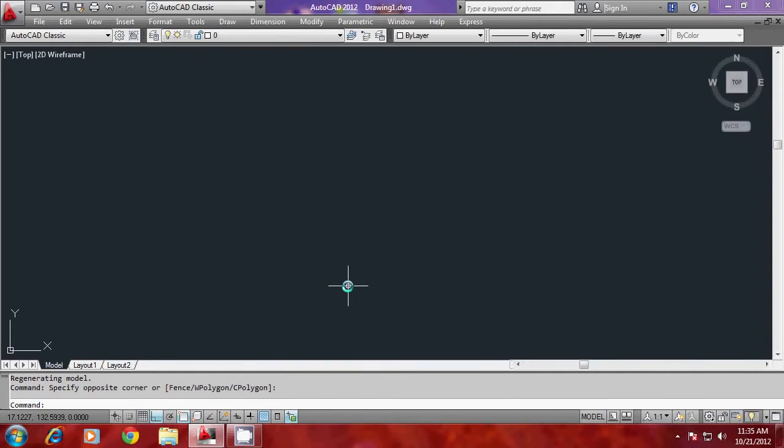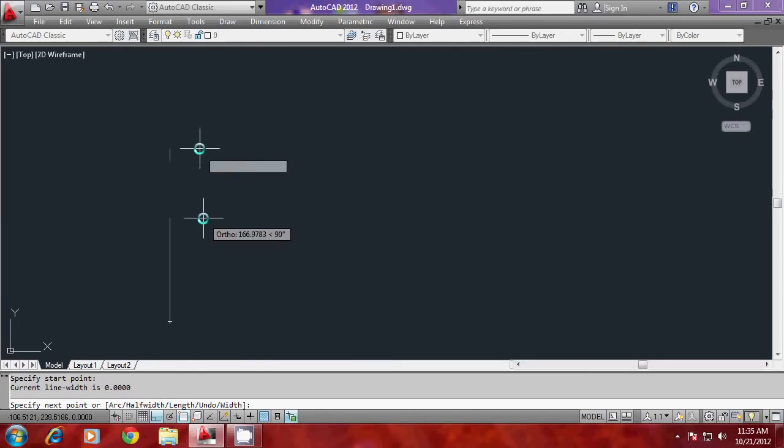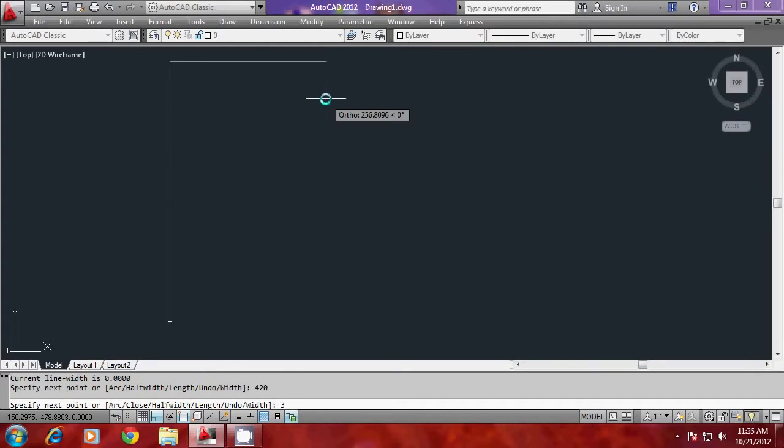Let the size of the kitchen be 360 by 420. So I'll set the limits with the lower left corner at 0, 0 and the upper right corner at 500, 500, and I'll give a zoom all. Now I would like to start with a polyline from this point, and I'll go 420 in the vertical direction, and I'll come 360 in the horizontal direction, and I'll come down again 420 in the vertical direction, and I'll